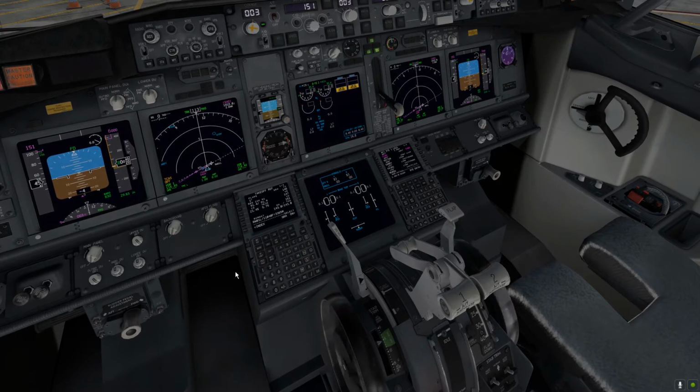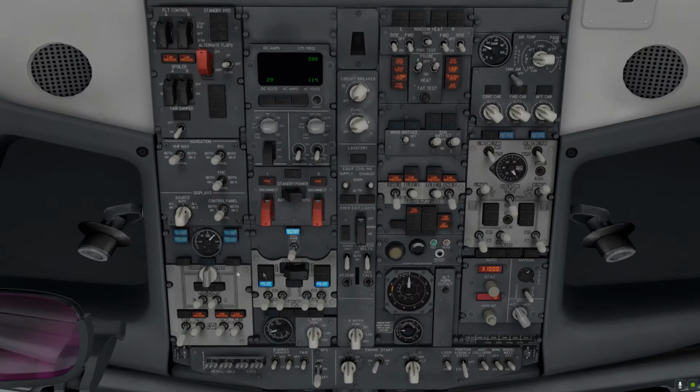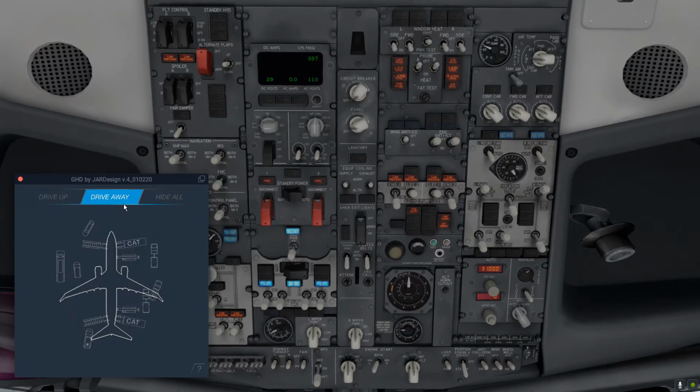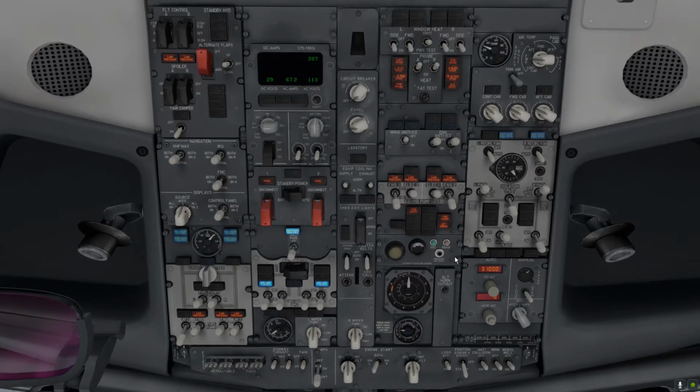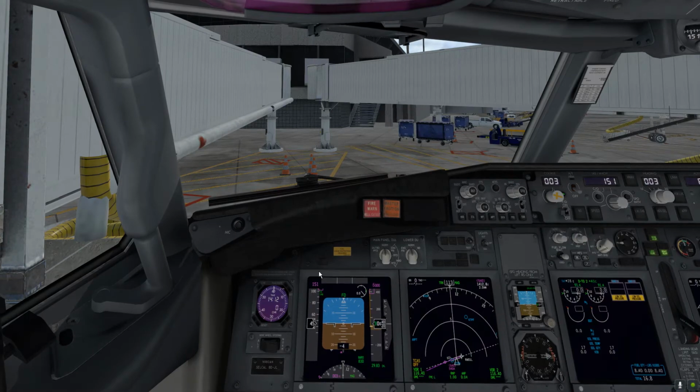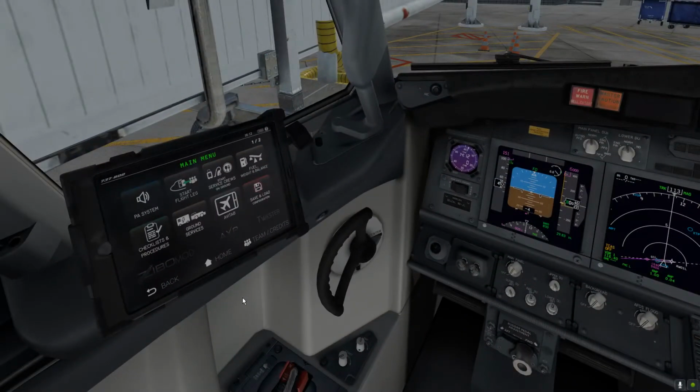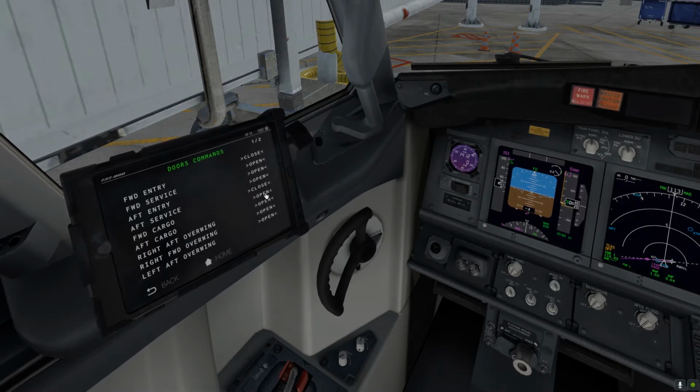535 trim. Yeah, something like that. APU is coming up in a very short while. In the meantime, we just drive away all the ground personnel. Perfect. APU is online and timing for 1 minute. And in the meantime, we can close some doors,